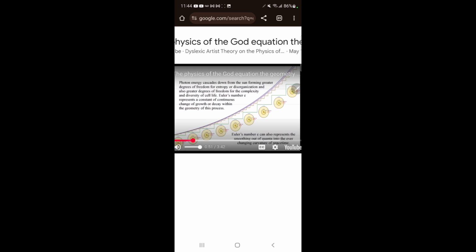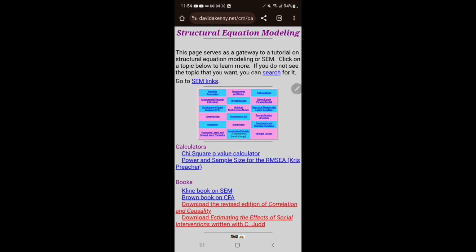So you disintegrate before Christ, and only after do you basically live eternally. Euler's number E can also represent the smoothing of a quanta into ever-changing curvature and space-time. Malleable, if you will. So, well, I still have all eyes on me in respect to 2